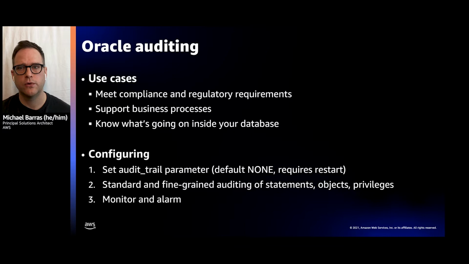Configuring auditing in Oracle is 3 steps. First, set your audit trail. This specifies where audit records will be written. Auditing is disabled by default, so you'll need to set this and restart your instance. Second, you have to define audit policies that say what will be audited. What actions, privileges, objects, and users will generate audit records. With Oracle, there's not really an audit everything switch, which is good because that could easily overwhelm your database. So you do need to be selective here.